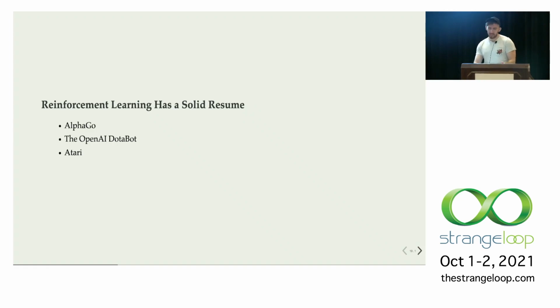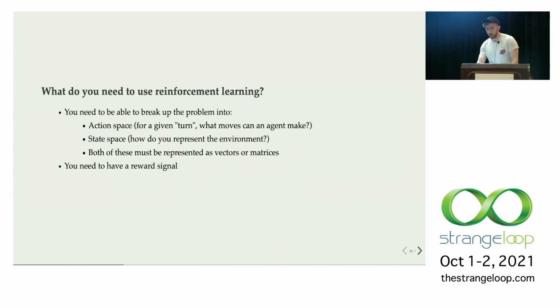Basically, most of the really cool things, in my opinion at least, that AI has done over the past decade have all been reinforcement learning. So if you like AlphaGo, if you like the best Go player on the planet, then you're into reinforcement learning. The OpenAI DOTA bot, Atari, these are problems that we used to consider pretty human kind of problems, and RL's good at knocking them out.